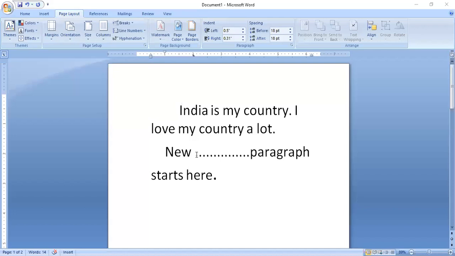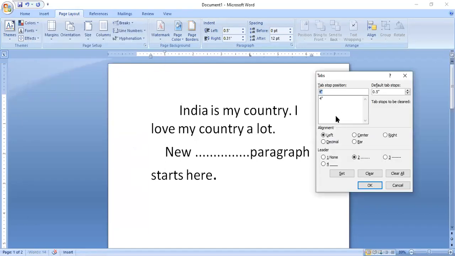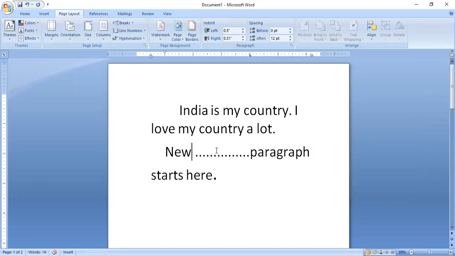Let me show you these things in Word, right? So I'll show you. Go to Paragraph. Here you'll find Tabs. These are the tab buttons. As you can see, I changed this to 4. By default it is 0.5 and I made it 4 inch here, and here I selected the dotted line. I clicked OK. You'll find this tab